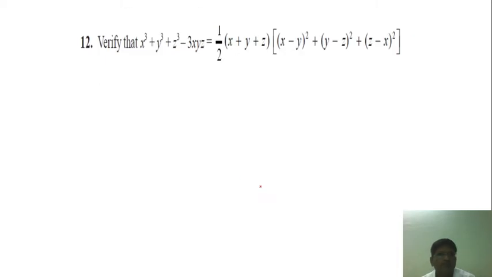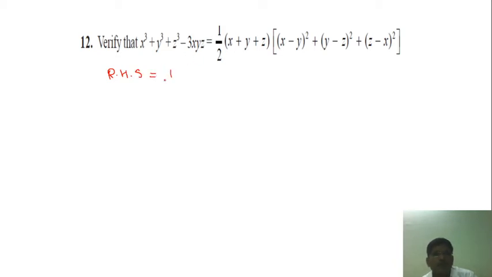So next question now, verify. Again, see, now it's a verification. If I simplify this, we can get this answer: x cube plus y cube plus z cube minus 3xyz. So we can get the same answer. Now what is our plan? We have to simplify it. So I am simplifying now, left hand side and right hand side. The left hand side is x cube plus y cube plus z cube minus 3xyz. The right hand side is what? So I am simplifying the right hand side.